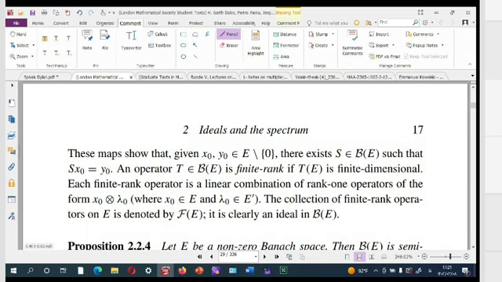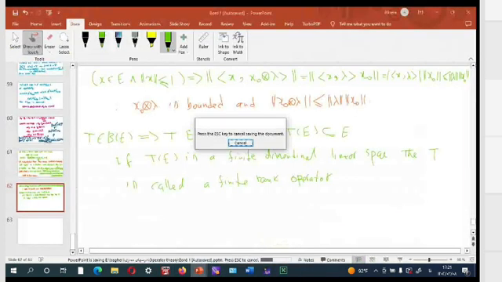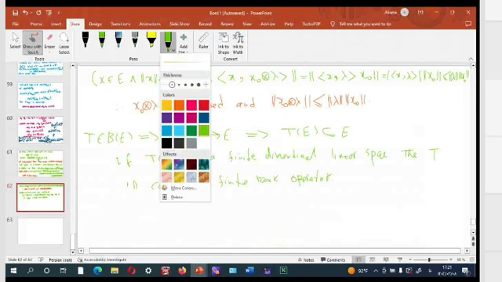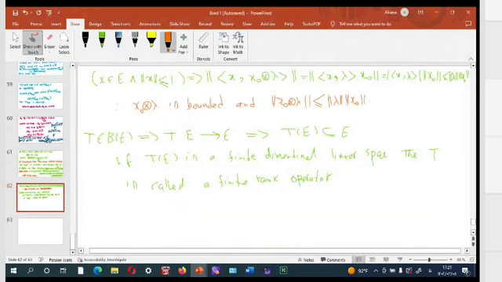It is very trivial that this is a finite rank operator, okay? x0 tensor lambda is an operator with rank 1 because